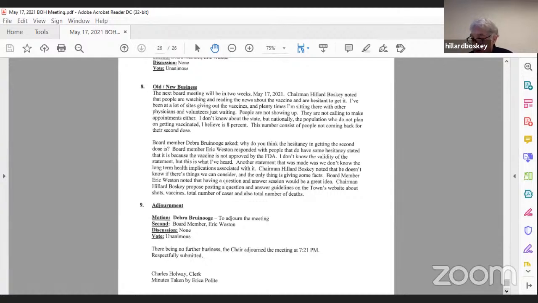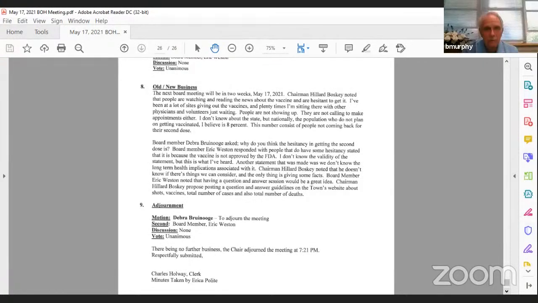That's fine. And the other one on page 4, I have some percentages that I was quoted as, and it needs to be changed. Under old and new business, I have my notes. It's hard to read on the screen there. It was not 8%, it's 30%. It's probably in reference to people who do not plan on getting vaccinated.